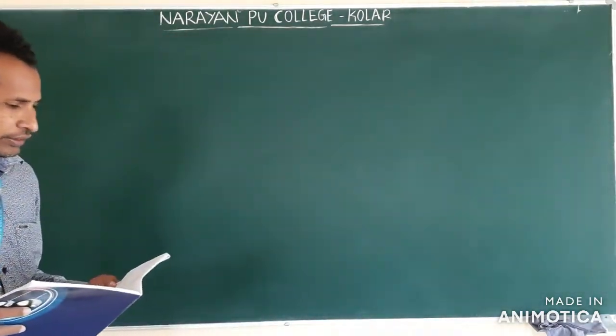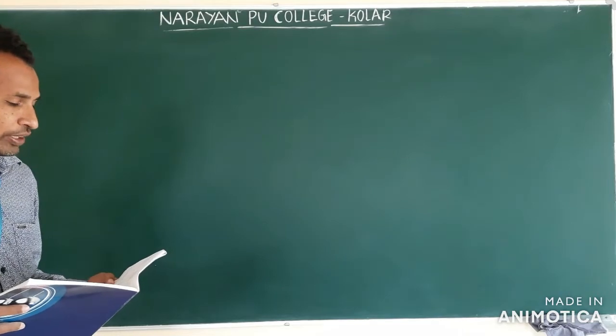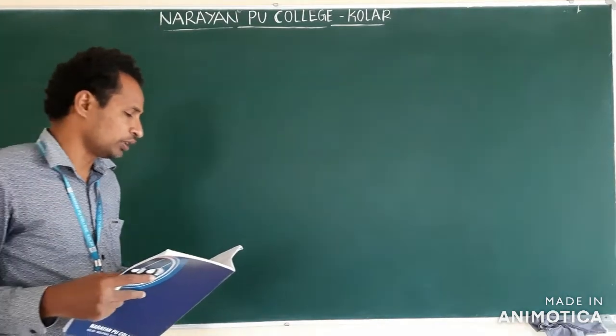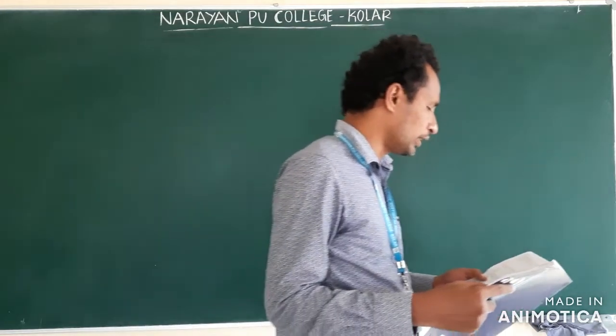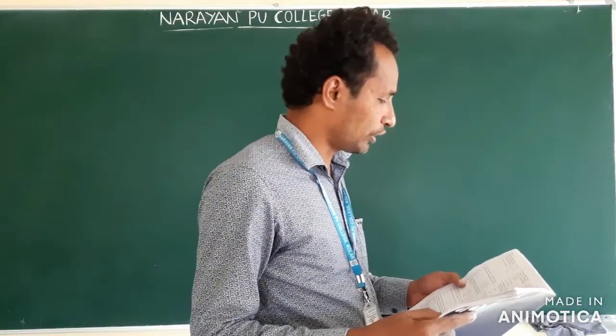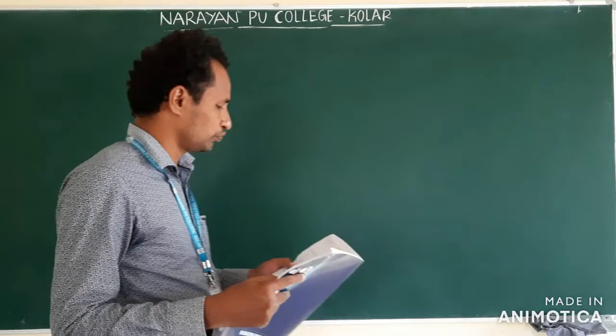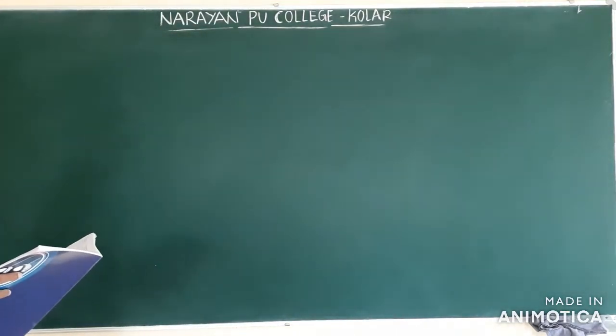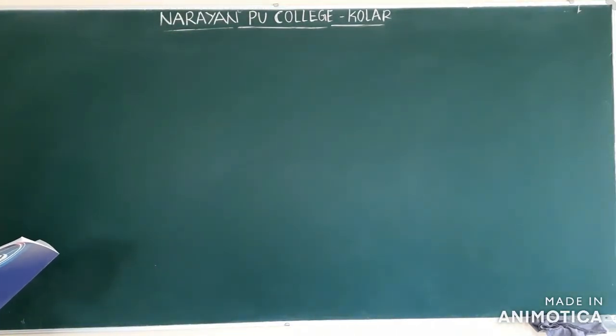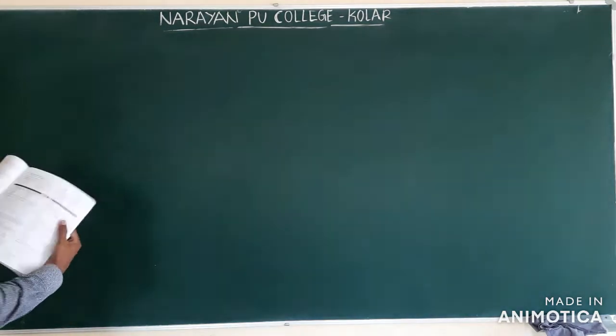Three long parallel wires carrying currents 2 amperes, 4 amperes and 16 amperes are placed as shown. The net magnetic force on wire 1 is F1 and on wire 2 is F2. Find the value of F1 by F2. The force on 1 is F1, the force on 2 is F2. Okay. Now 37.